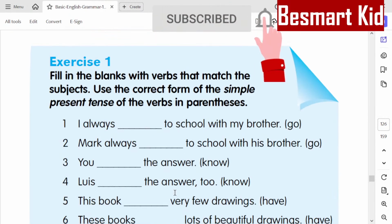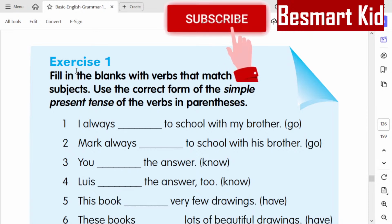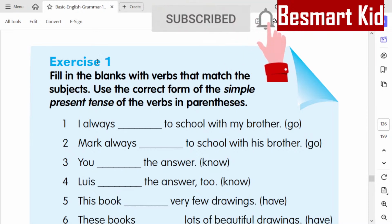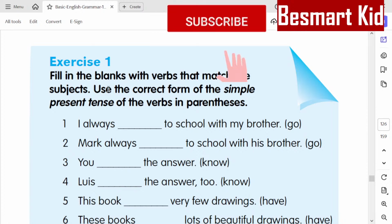I'm going to give you one example, which is the last question. It says, Annie dash my sister. So